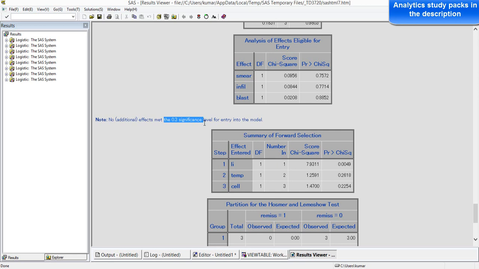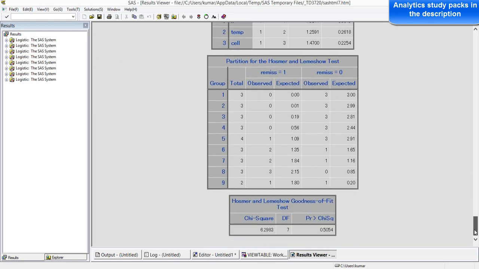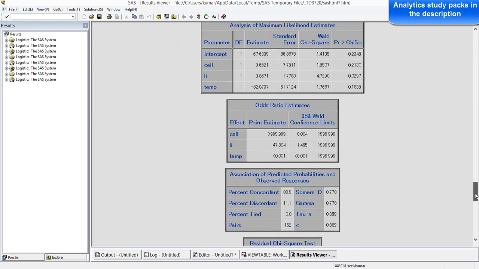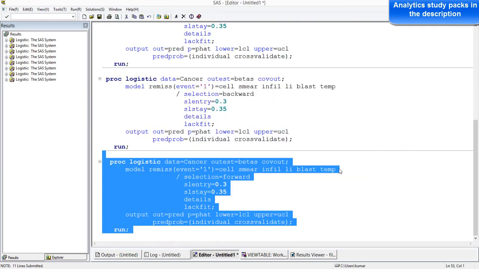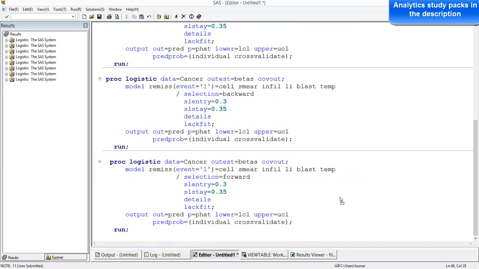So stepwise combines the forward and backward techniques, and that's why it's considered better than both of these two selection techniques. And as we can see, the result is more or less the same, I would rather say it's the same. So in such a case, when we have only 6 variables and 30 observations, there won't be much of